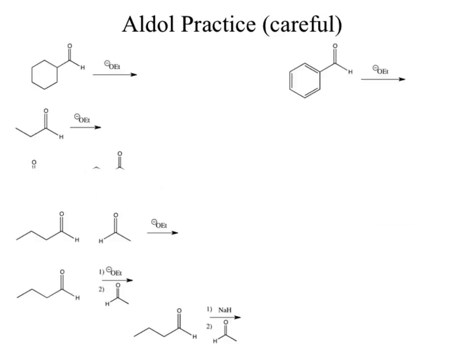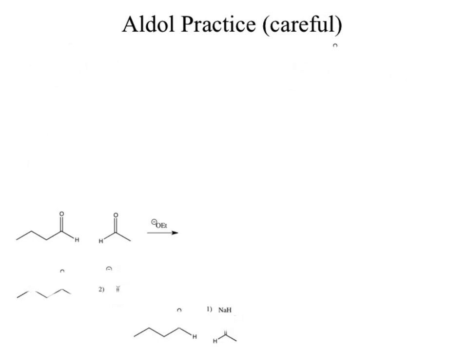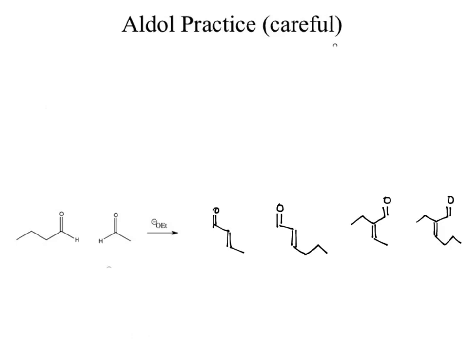So how about the next one? But you won't make the same mistake again, right? Why has this one become so much more of a pain? Because we have 4 different products now. Why do we have 4 different products? You have 2 nucleophiles and 2 electrophiles. I get all the possible combinations of those, which means 4 possible products, which I think I drew correctly. 1, 2, 3. I think I got them.